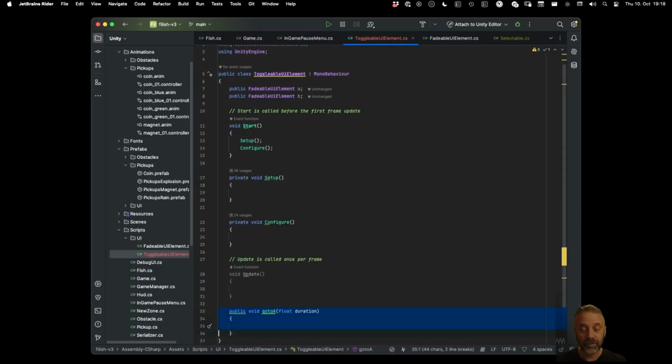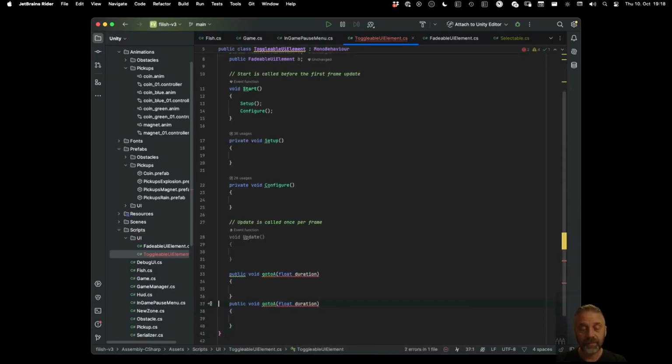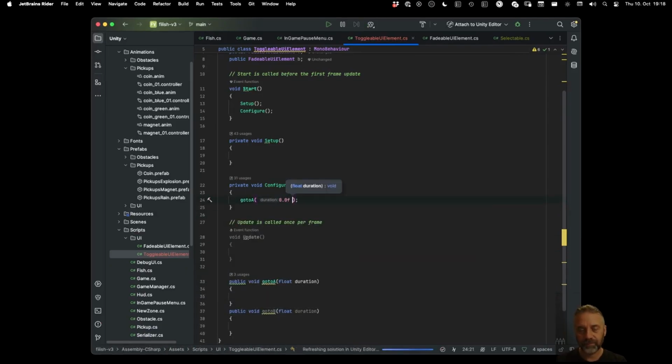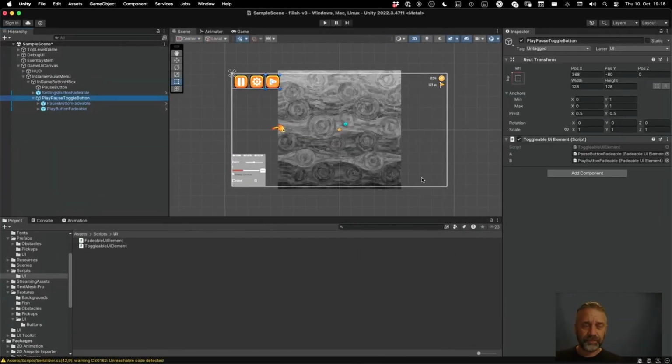And then we have a go to B, right? Go to B. And in configure, we basically say go to A immediately. Right? Ignore the rest, but so